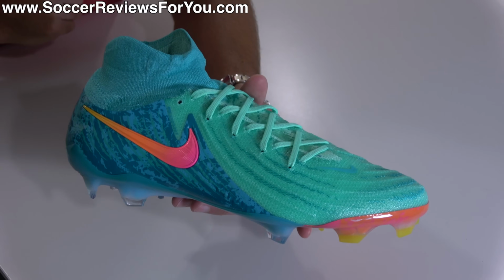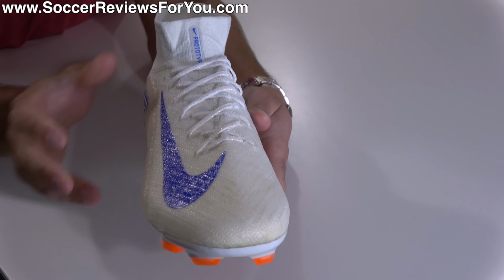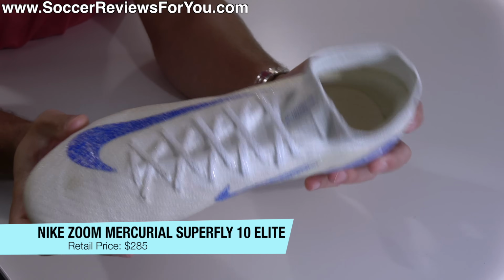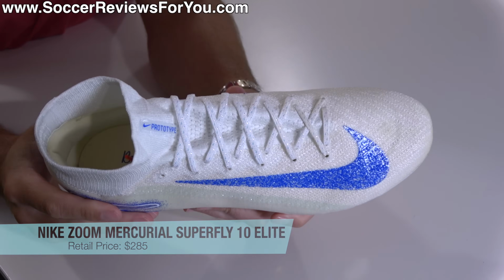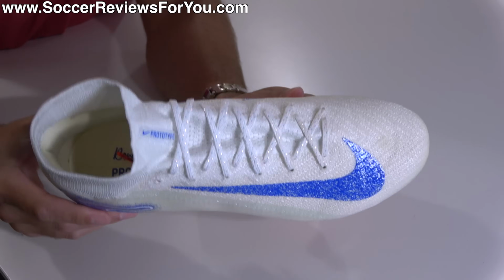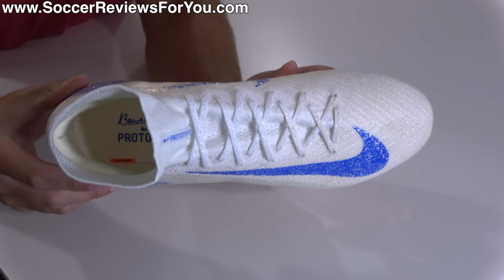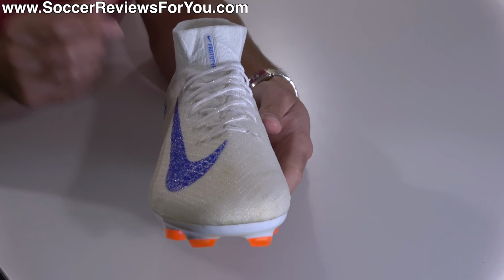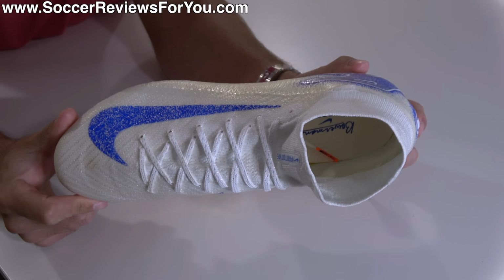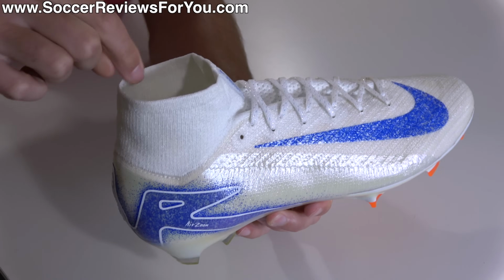presence in Nike's lineup. Which brings us into the top 3, where I have another pair of mid-cut football boots, these specifically being the Zoom Mercurial Superfly 10 Elites, where I have these at the 3 spot, again, partially because of the price tag and the lack of benefit for the premium that you pay. This is a pair of football boots that retails for $285, which is a $25 premium over the Vapor 16 that effectively offers all the same fit, feel, and performance characteristics, but doesn't give you this mid-cut elasticated Flyknit